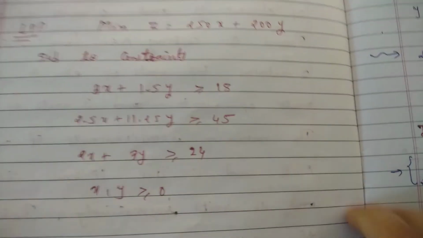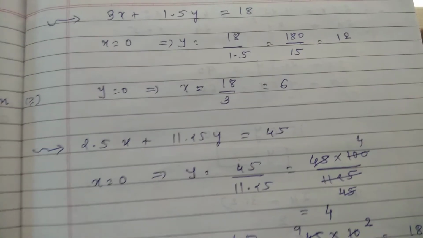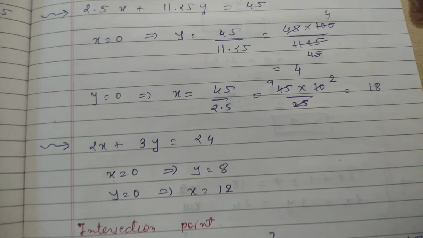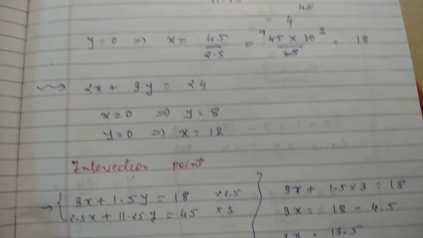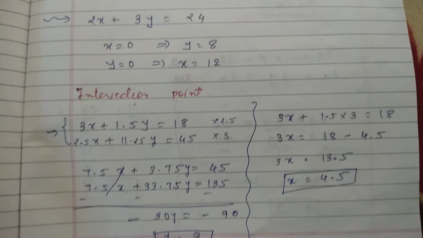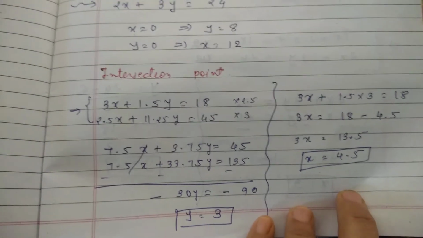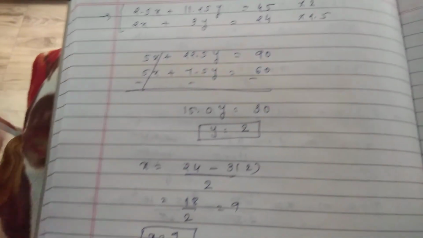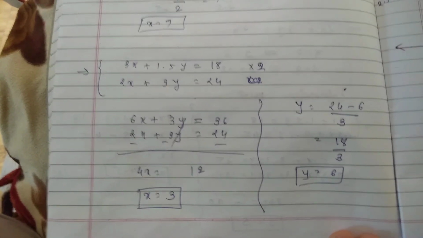So this is the solution for the question. I have first found the two solutions for each line. You can now easily understand this. Then I have found the intersection point, and again I am saying that finding the intersection point is not an important part of the writing section. You can find it in the rough work, no issue with that. So this is the intersection point of all three lines together, and then we can plot a graph.